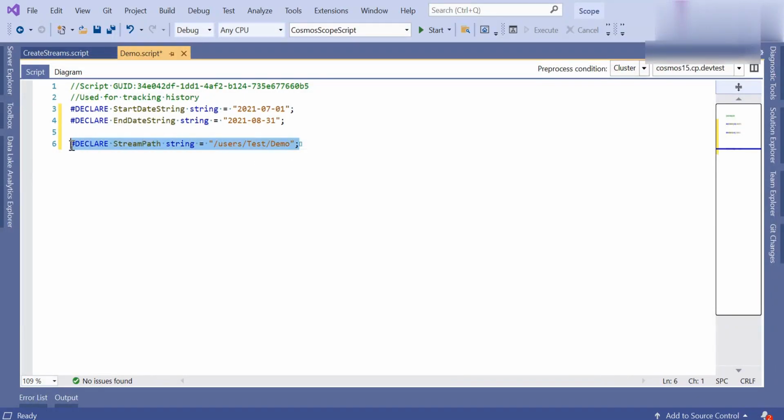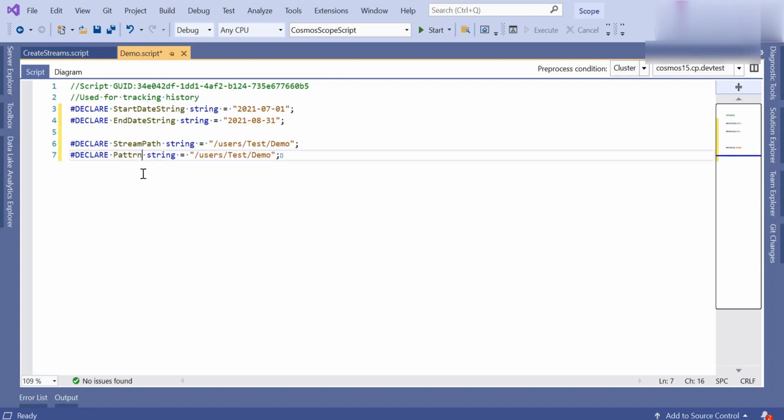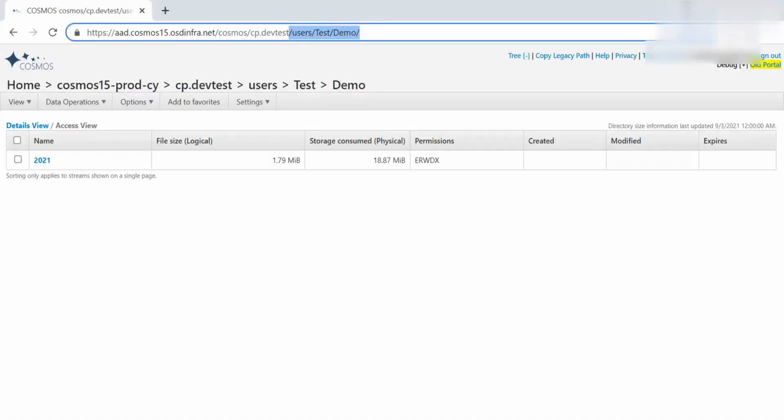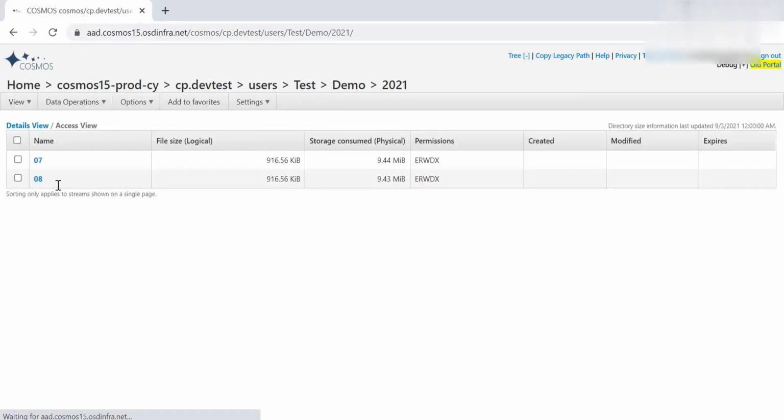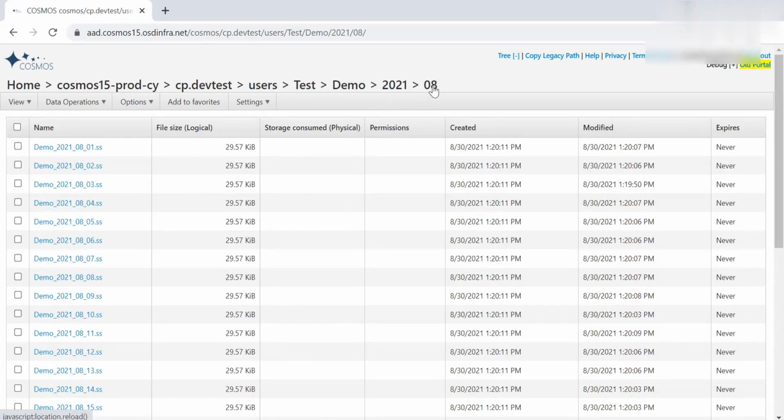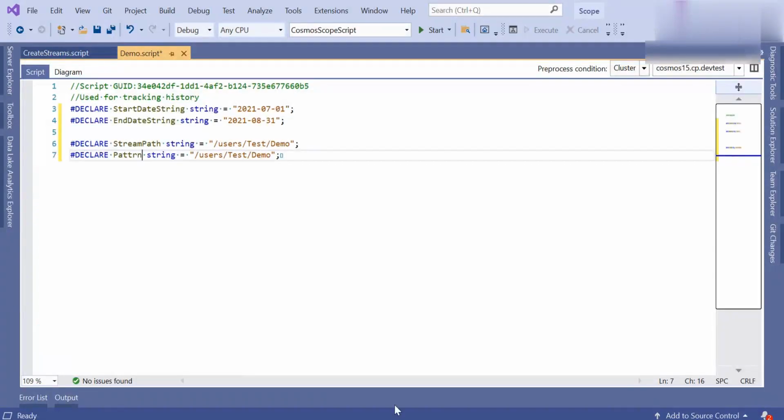And now we have to create the pattern, so I'm declaring a variable for the pattern as well. What is our pattern? 2021 is the year, after that the month, after that the daily streams.